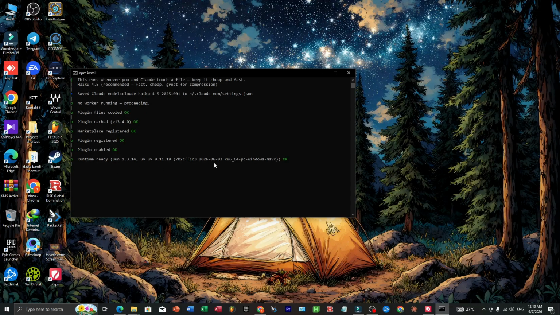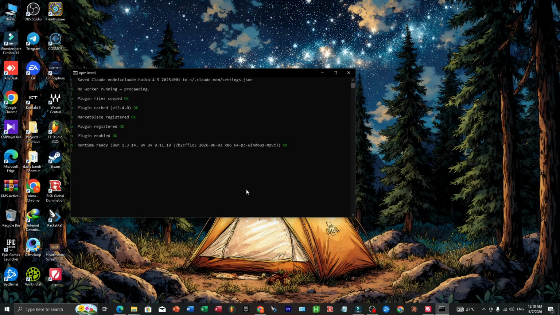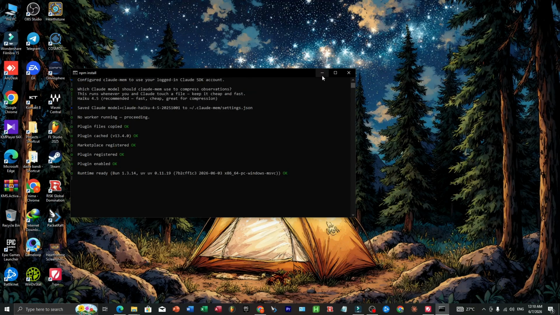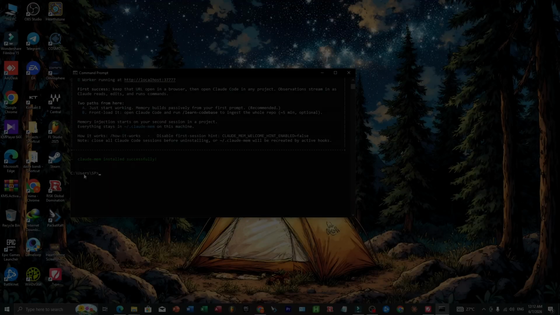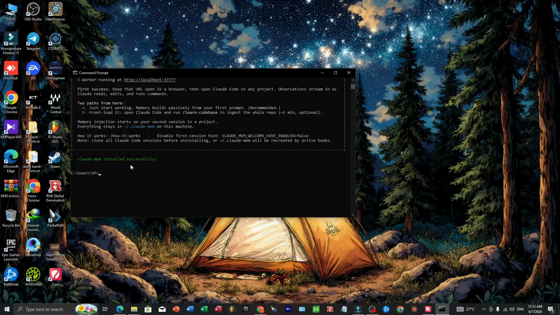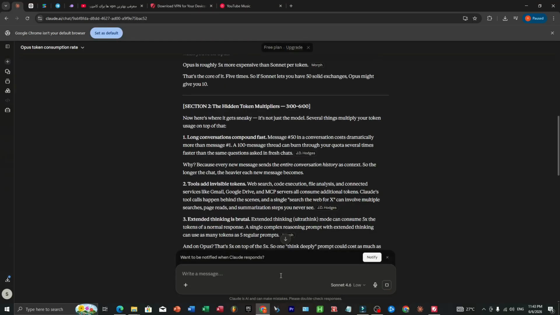There are also some helper tools built into Claude Mem that are worth knowing about. You can search your stored memory directly. Inside any session, use /mem search followed by a keyword or phrase. Claude Mem will scan both the full text index and the vector embeddings and return the most relevant observations. You can use /mem recall to load context from previous sessions on demand, useful if you're jumping back into a project